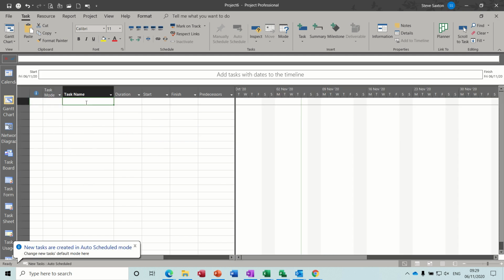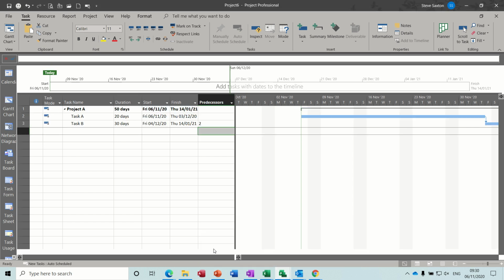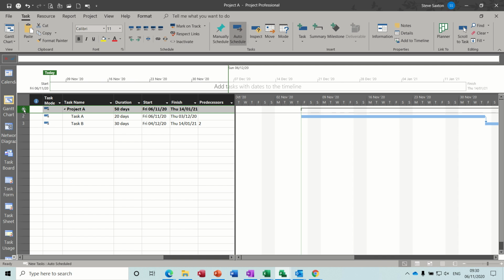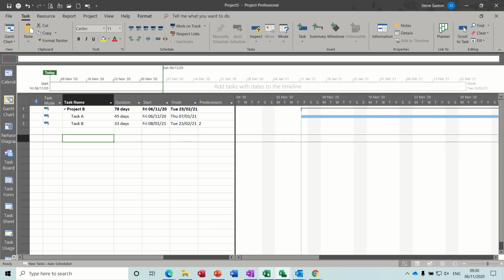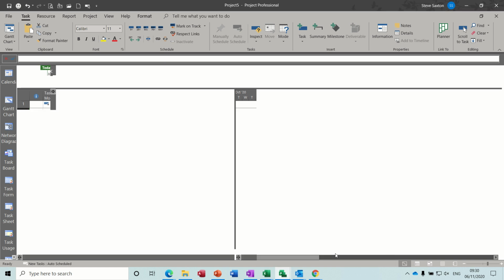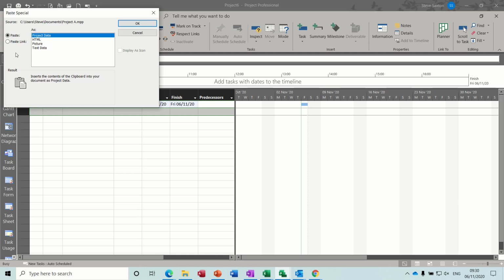You save it as master. Well, I'm not going to bother saving this, I'm just going to type it in like that. And you do exactly the same. You bring the files in, but this time we only want one line of the file. So if I highlight project A, that line, copy, Control C, come back into the master file. I should have named that project B. That's the master file. And highlight the line, and you use paste special, paste link,